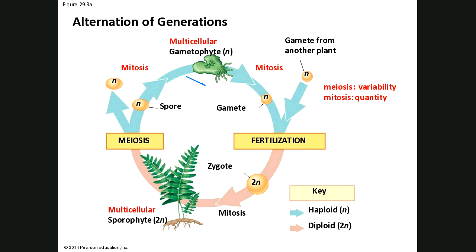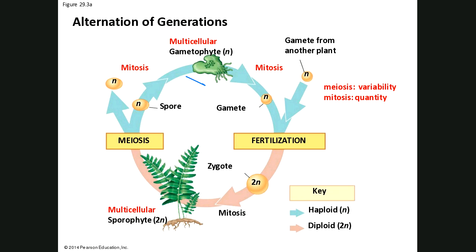In this case, it's a fern, but if you're a moss or any of those kind of critters, most of those are not going to make it. Some of them will in fertilization, and we complete the cycle there, right? All right, multicellular generation. Both of them, two multicellular generations. Meiosis is variability, mitosis is quantity. Those are three real important things for you to remember about this, because as we go through different groups of organisms, especially through the plants, we see how evolution has changed and modified this.